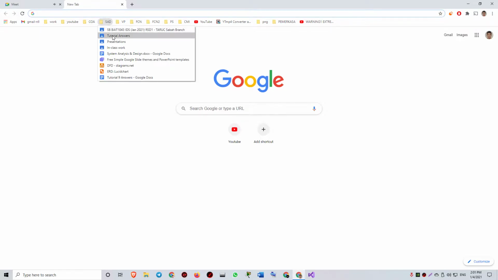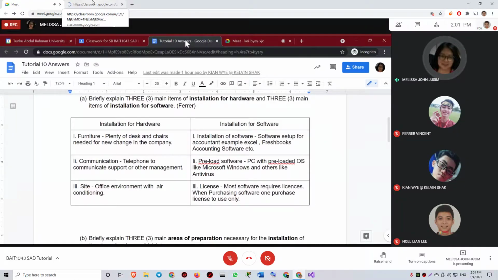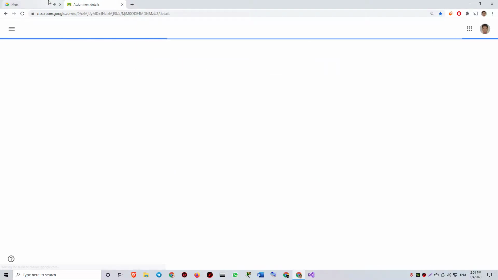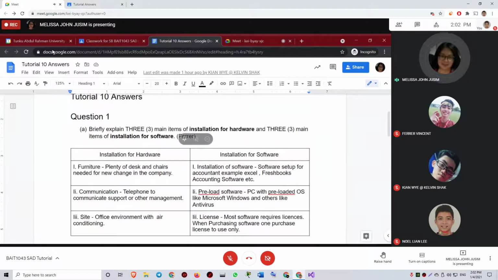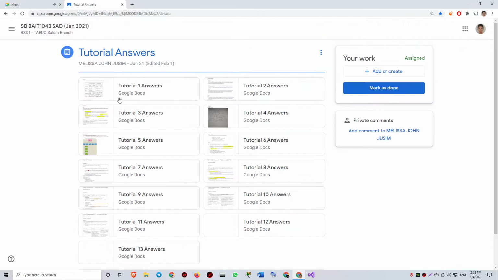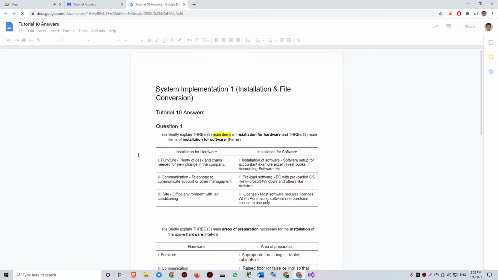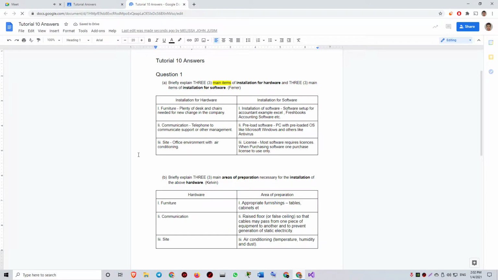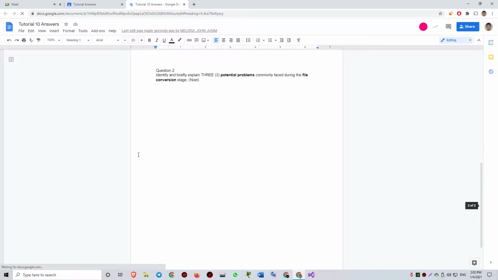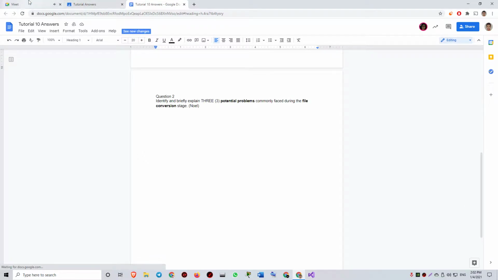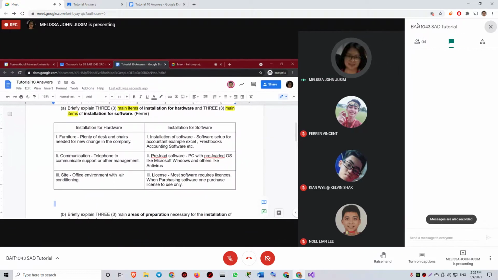Okay. Now, the first question asks about installation. What are the main items? What are the main items for the hardware installation and the main items for the software installation? For the hardware, this is done by Farah. Hardware installation, what do we need? We need